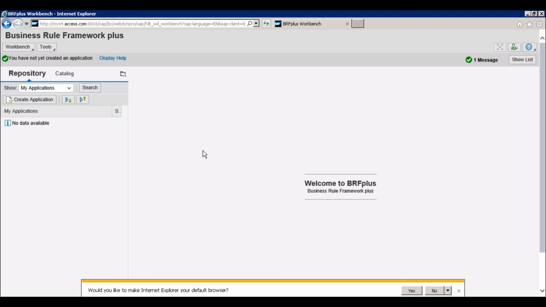Okay. Now you can see here, this is completely blank. In my applications, it is not showing you any applications. So as I told you, there are 3 files which we need to upload here from one of the SAP nodes. Now, why these 3 files are not available here? What are those 3 files? One is the file which is related to purchase order. Second is the file which is related to the billing document. And third is the file which is relevant to the delivery document.